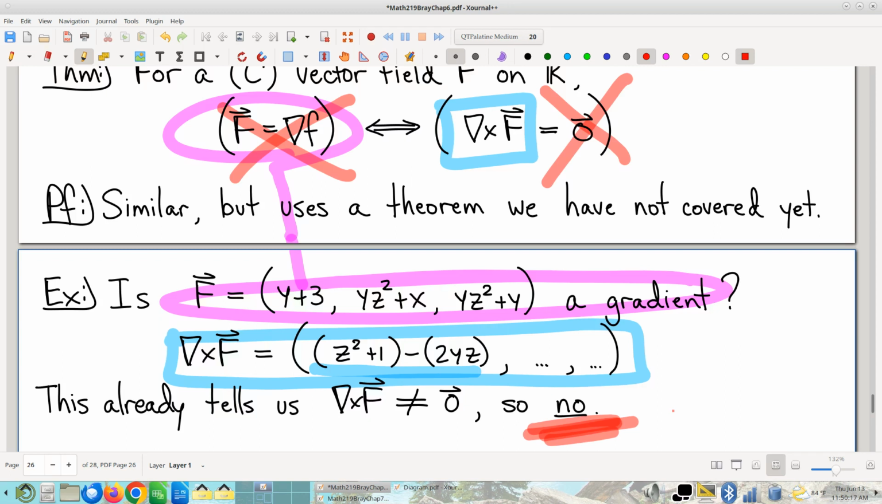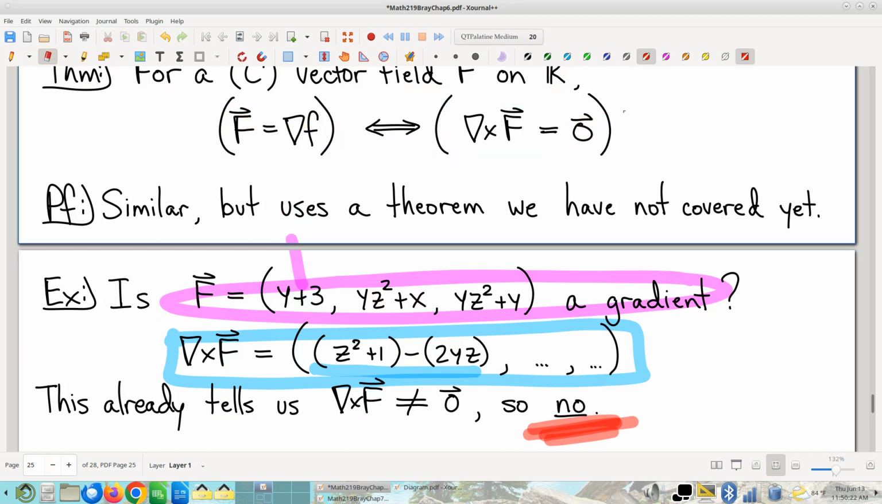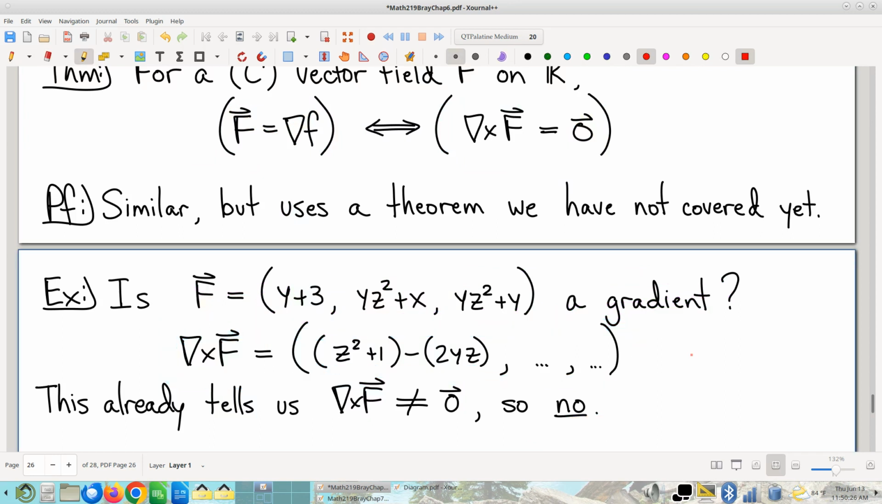Just to emphasize the obvious, this business about only having to compute the first coordinate, that's only if you get not 0, right? Let's imagine some hypothetical, some other vector field, something different, where your first coordinate of the curl, let's suppose you did get 0. Well,